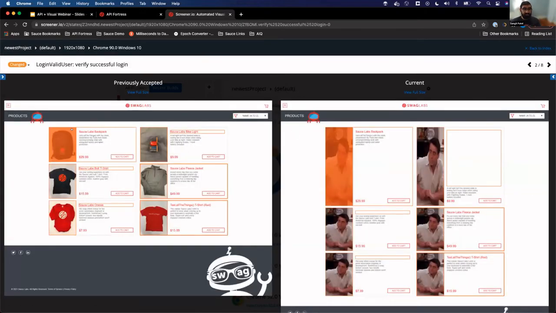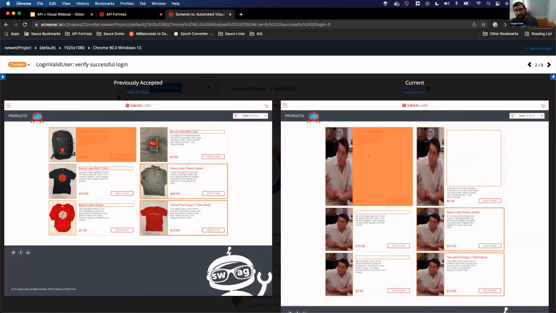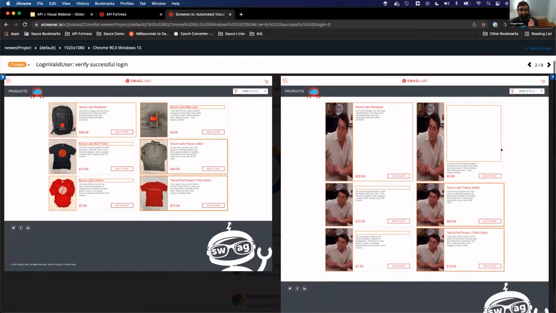And so on the left-hand side, I have my previous build of my website. Everything looks good. I accepted it. I said, this is exactly what I want my website to look like. On the right-hand side, I did a new build and something got messed up. And for any Friends fans out there, it's an image of Joey thrown everywhere and a couple other issues that